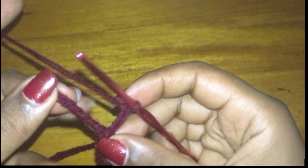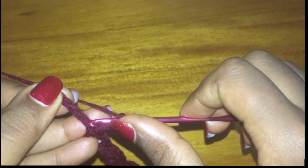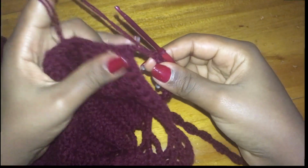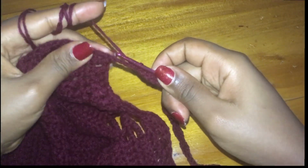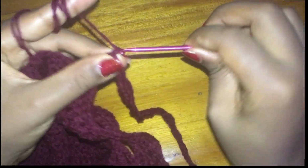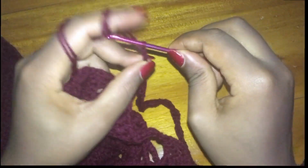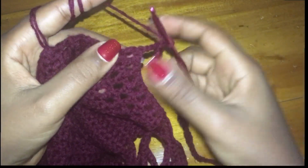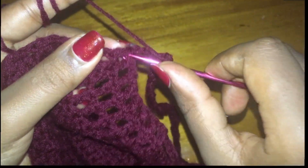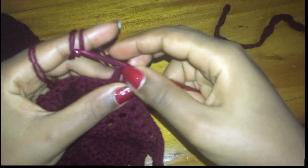So just go ahead and do this until you get to where the chain starts from. So once you get back to where you started off chaining from, you're going to chain up 5 or 4. It really doesn't matter. So that's 2, 3, 4. And then you're going to slip stitch in this space here, that one, slip stitch in there, and it will give you a long strand that you will crisscross at the